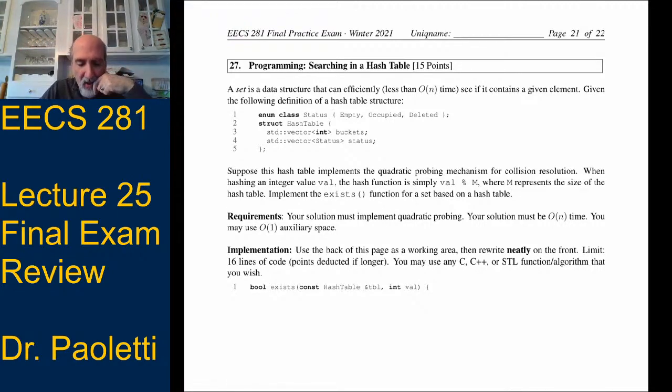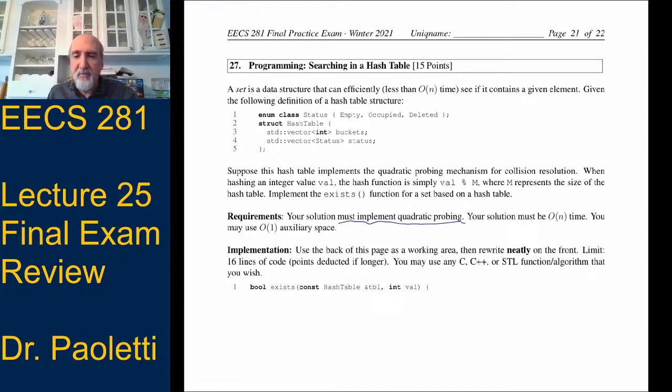Okay, so then this one is searching in a hash table. So this is actually similar to Lab 7, except requirements, your solution must implement quadratic probing. So we just have to do an exists, and I gave you the real exam question from the previous semester.